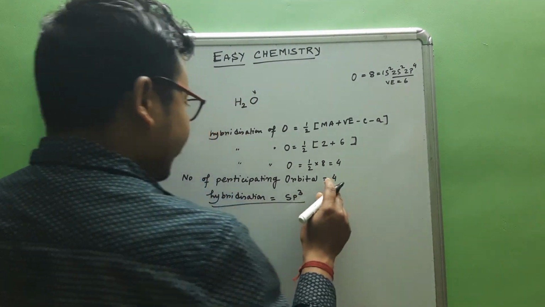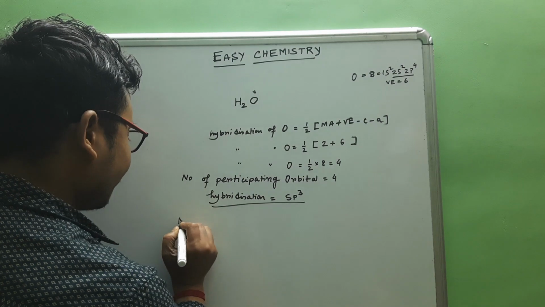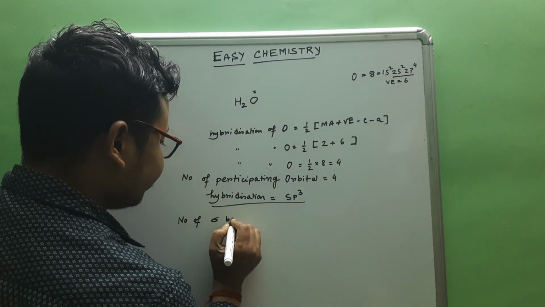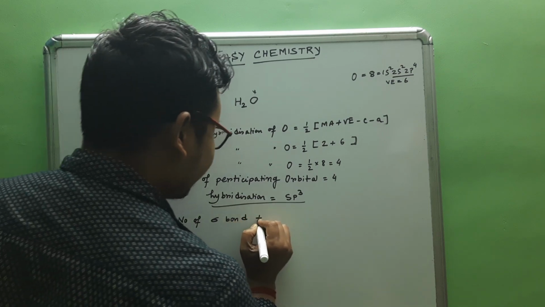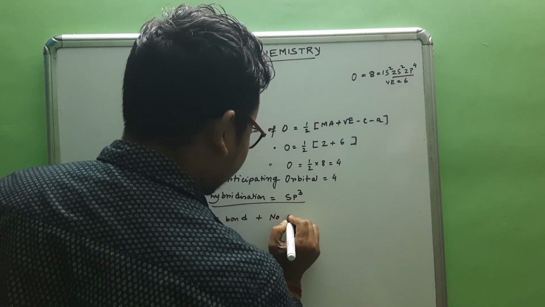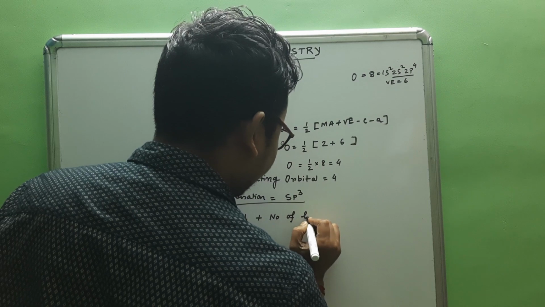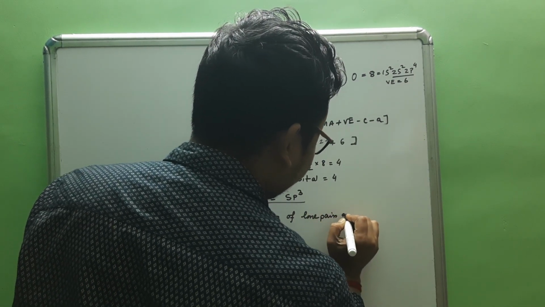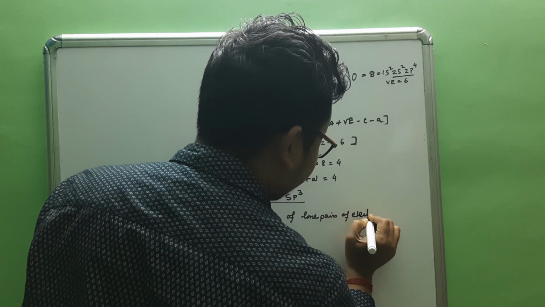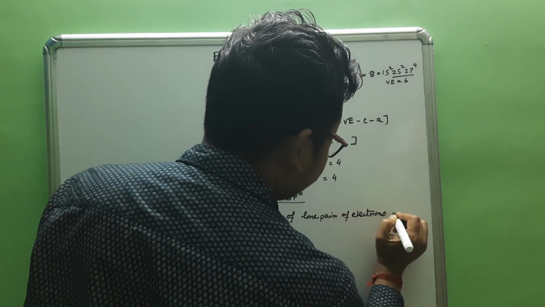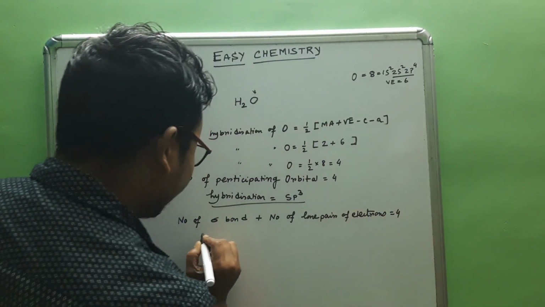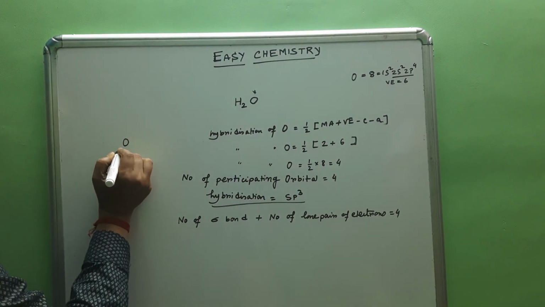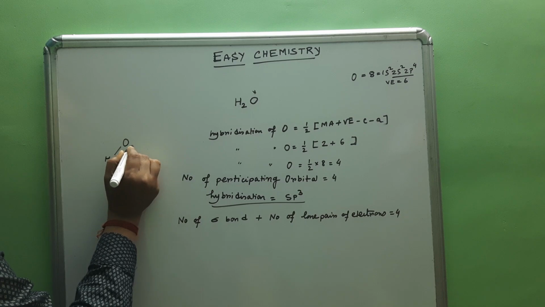So the number of participating orbitals is 4. Therefore, number of sigma bonds plus number of lone pairs of electrons equals 4. If we write the structure, the two hydrogens are monovalent,